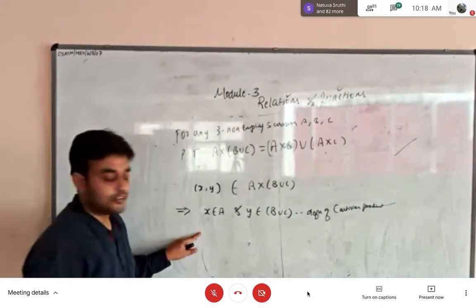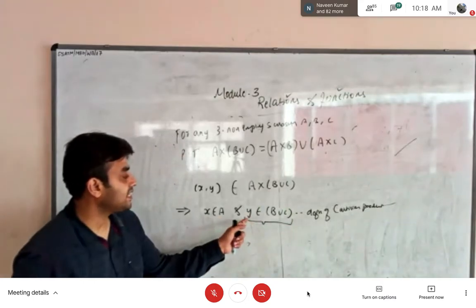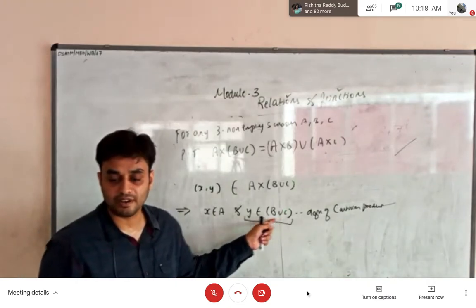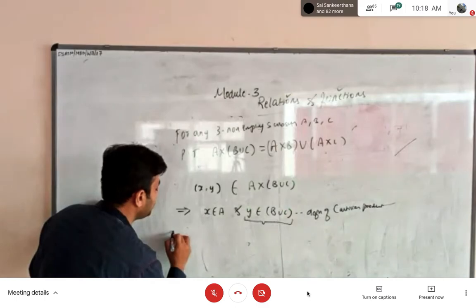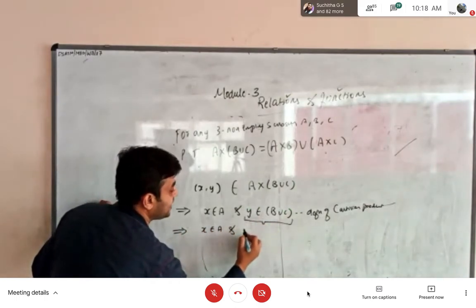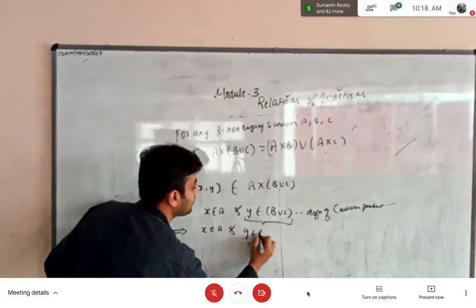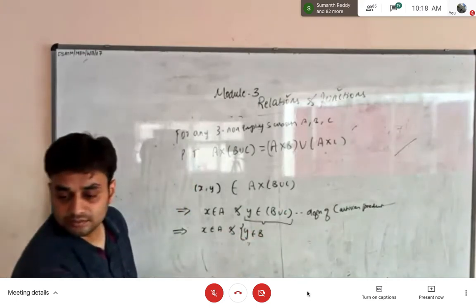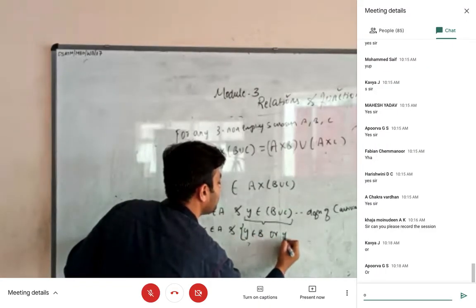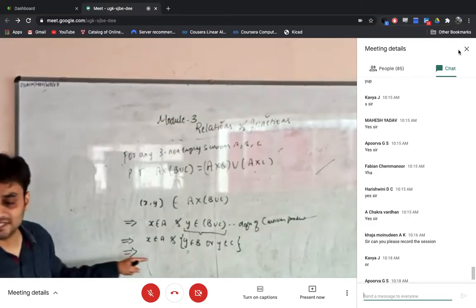Okay. So now, if you observe, I cannot elaborate this, but you can further elaborate this one. What he is telling is that Y belongs to B union C, and you already know the definition of union, right? So now, if you elaborate this part, what will happen? This I will write as it is: X belonging to A, and what is the meaning of Y belonging to B union C? The meaning is Y belongs to B. Should I write and or? Or, correct, right? So or Y belongs to C. Okay.